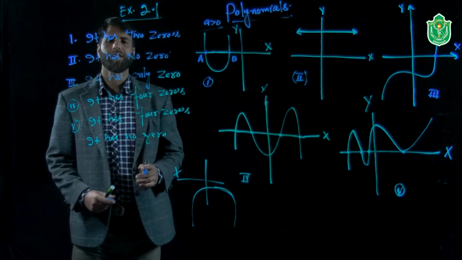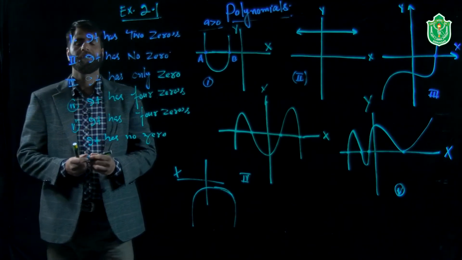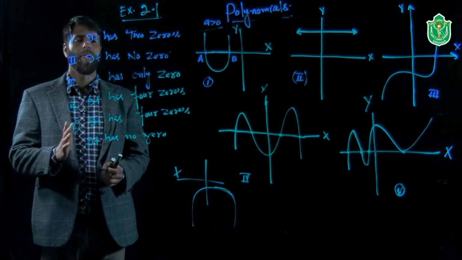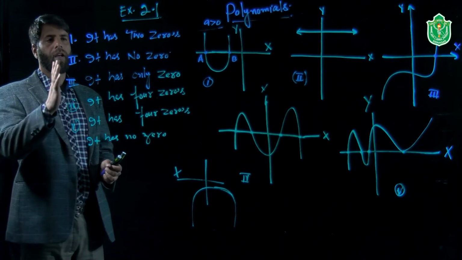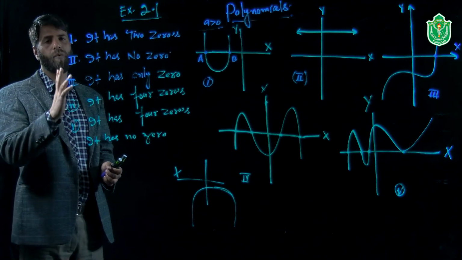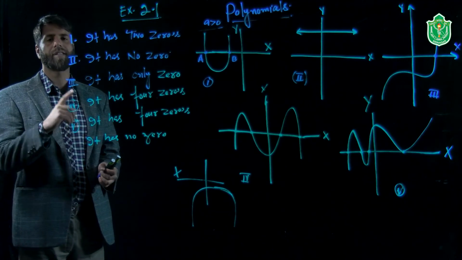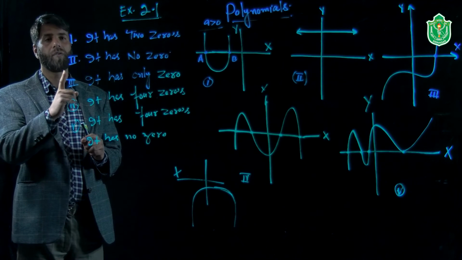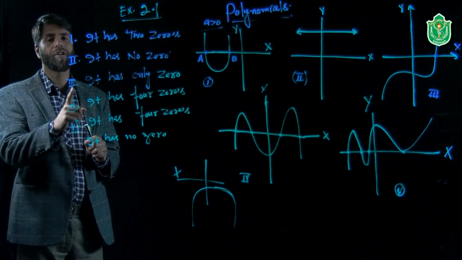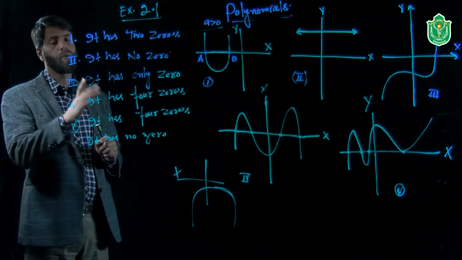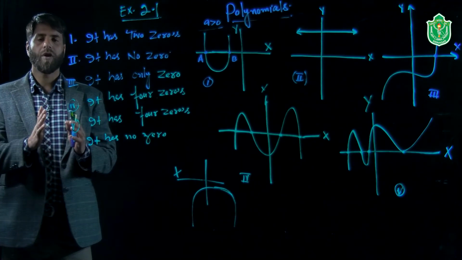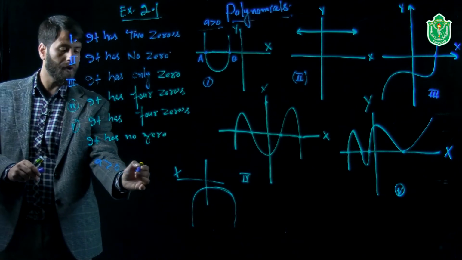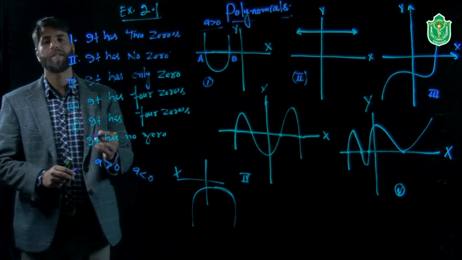So we generalize the concept here. What is the geometrical representation of the polynomial? Simply, if you have a polynomial, it depends upon the degree. If you have a degree 1 linear polynomial, it will intersect the x-axis at only 1 point, a single point. But the polynomial must be in variable x. That's the condition here. Second, if you have a quadratic polynomial, it depends upon the sign, whether a is greater than 0 or a is less than 0.